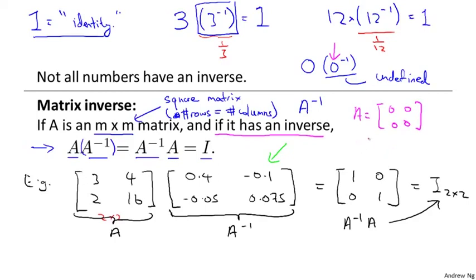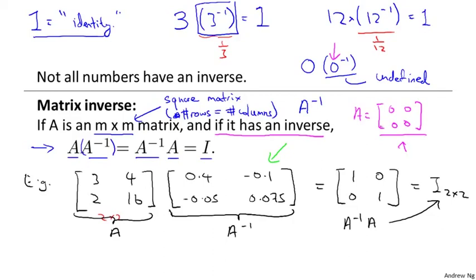There's no A inverse matrix, so that this matrix times some other matrix would give you the identity matrix if this is a matrix of all zeros. And there are a few other matrices with properties similar to this that also don't have an inverse. But in this review, I don't want to go too deeply into what it means for a matrix to have an inverse, but it turns out that for our machine learning applications, this shouldn't be an issue. Or more precisely, for the learning algorithms where this may be an issue, namely whether or not an inverse appears,